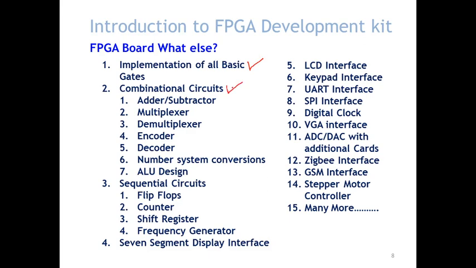We can write the VHDL code for the adder, subtractor, multiplexer, demultiplexer, encoder, decoder, even priority encoder, and number system conversion, for example binary to BCD. This also we can implement on this development board. A 4-bit ALU design we can implement on this FPGA development board. So almost whatever the examples are in the engineering curriculum, we can cover almost all the practicals using this FPGA